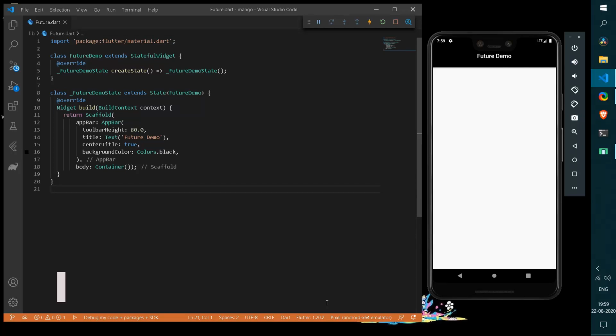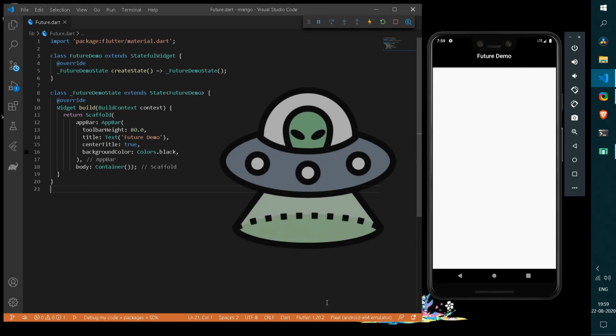In this video, let's get our future, which is one of the widgets in our Flutter application. Now, before implementing future, the first thing is what is future. Consider future just as an asynchronous widget, which is used to handle all the asynchronous data obtained from any other sources, like any databases or storage, into your Flutter application.